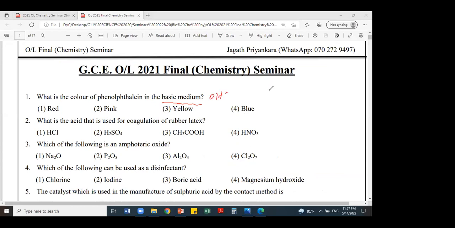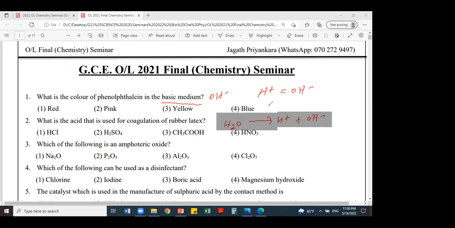Remember, in a medium, if H plus ion concentration equals OH minus, that is called neutral. Example, water. Water undergoes self-ionization, auto-ionization, producing H plus and OH minus. But it is neutral because the H plus ion concentration equals the OH minus ion concentration. Even 100% pure water is slightly ionized like this. That is not an acid, but it produces an equal amount of H plus and OH minus.